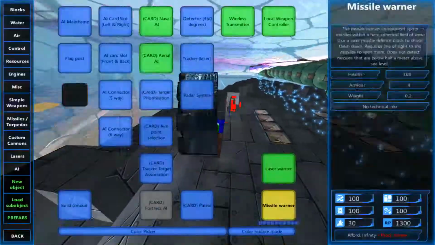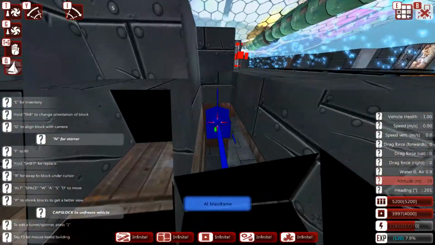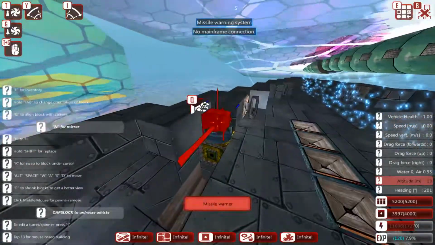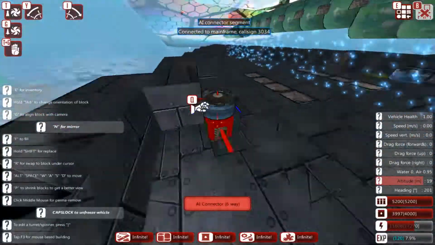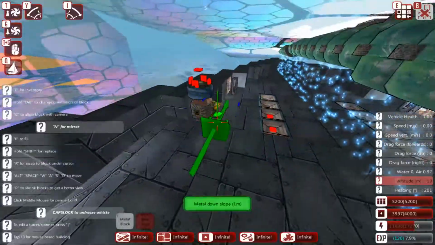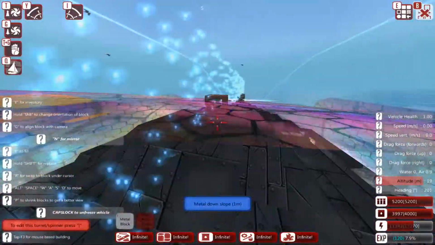Alright, so now what I'm doing here, we're working on the missile defense systems. So I'm working to hook up some missile warning systems. So you got to get essentially AI, and you got to hook it up like I'm doing here. So what I'll eventually do is I'll hook the missile warning systems up to the 6-way connector. And what I have here, I just have one sticking out. I'm eventually going to revise that